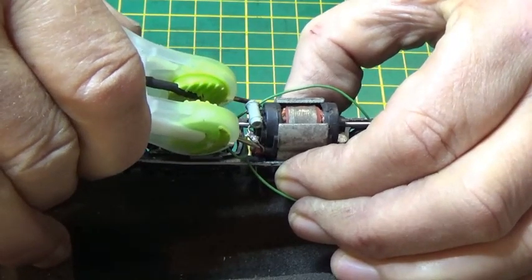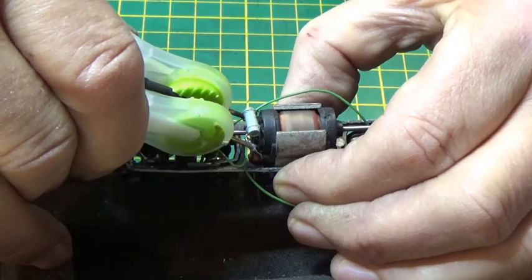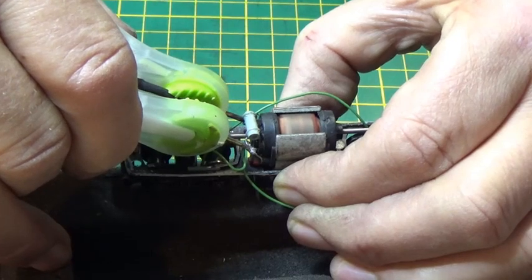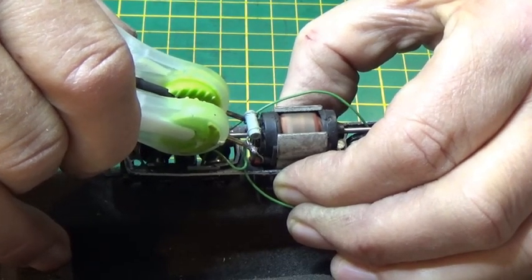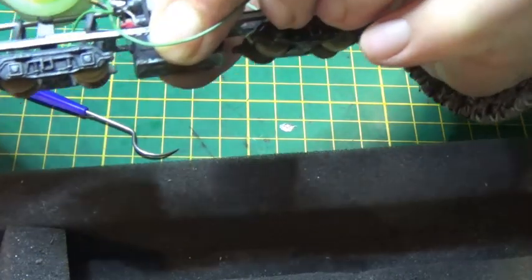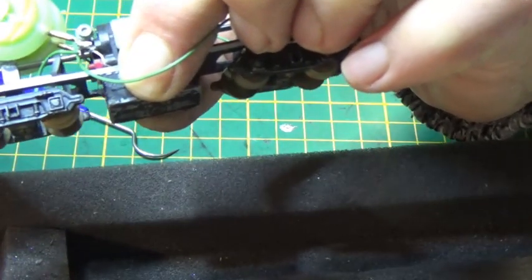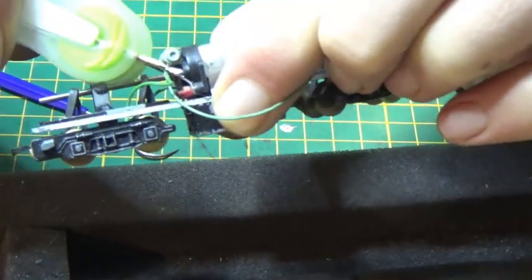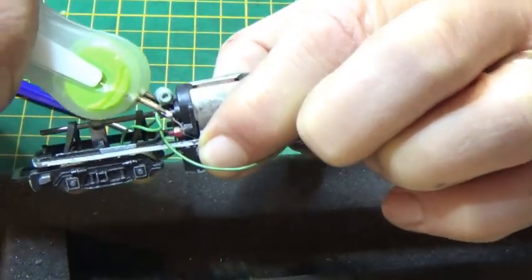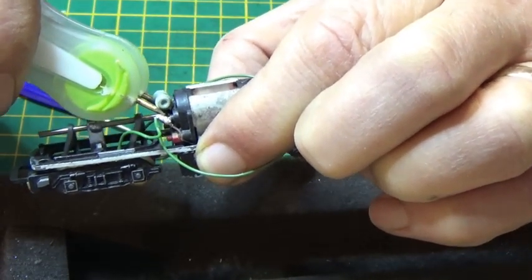Now, as I said to you earlier on, this motor has shown absolutely no sign of being used whatsoever. So this is the first time that it's probably being used in anger. And if you look at the wheels, you'll see that all 4 axles are turning. And this is utterly amazing. I'm really excited about this